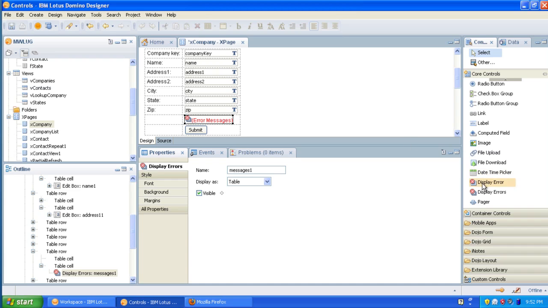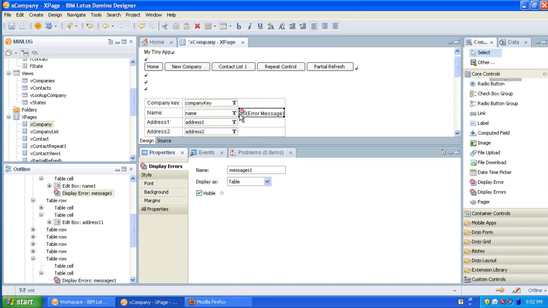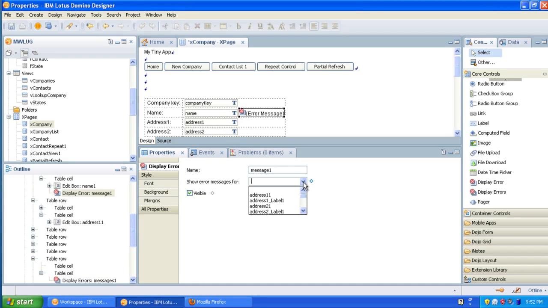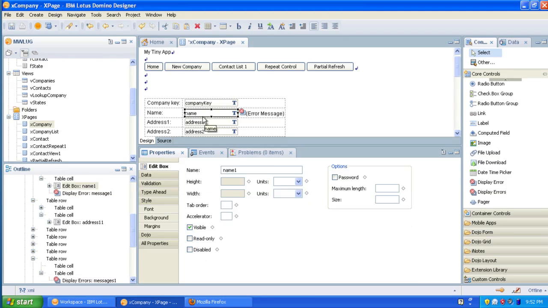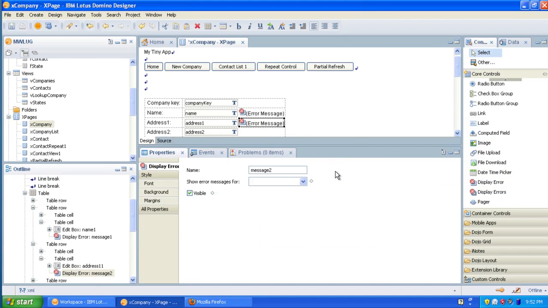Alternatively, we can take display error, which is more of an individual message, and maybe throw it next to it. And then in this case, we just have to link it to whichever field we want to link to. In this case, it's name1. If we click on here, we can see in the name, it's name1. And we could even do another one. And we could do address one. And then if we save this,